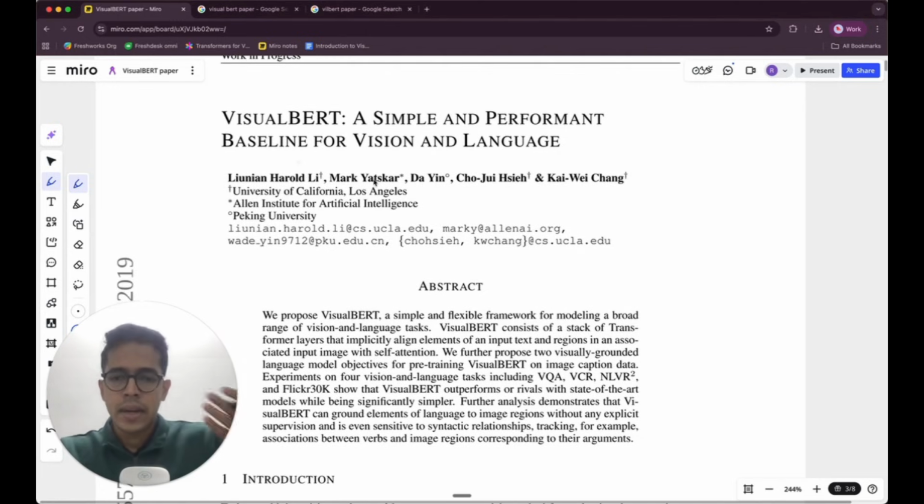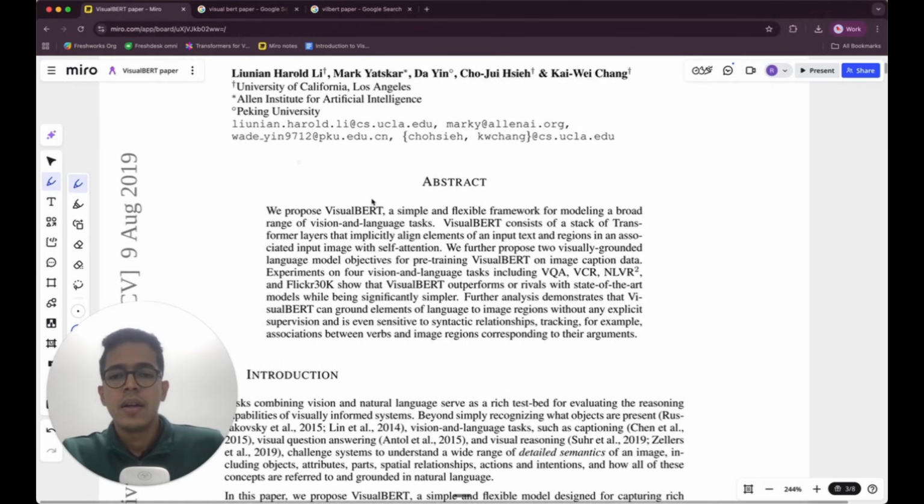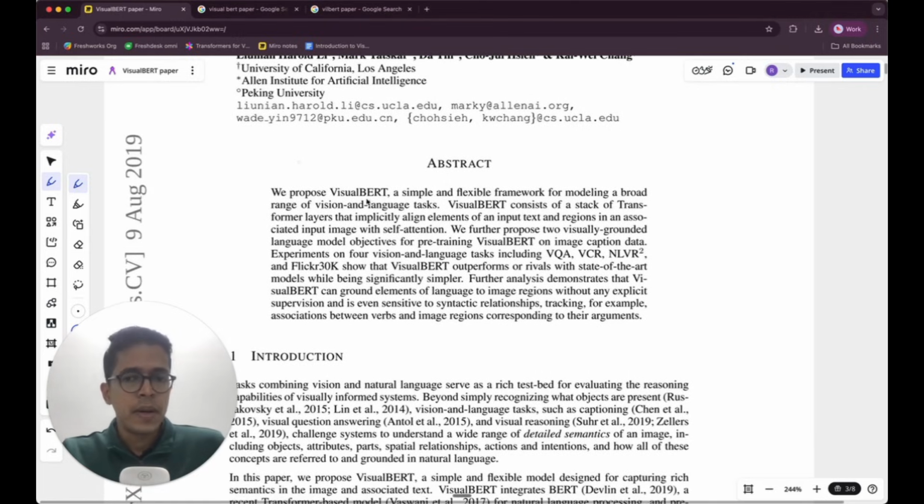Let's actually get into the paper abstract itself. VisualBERT, a simple and performant baseline for vision and language. So it's basically a VLM, a vision language model. Abstract. We propose VisualBERT, a simple and flexible framework for modeling a broad range of vision and language tasks. VisualBERT consists of a stack of transformer layers that implicitly align elements of the input text and regions in an